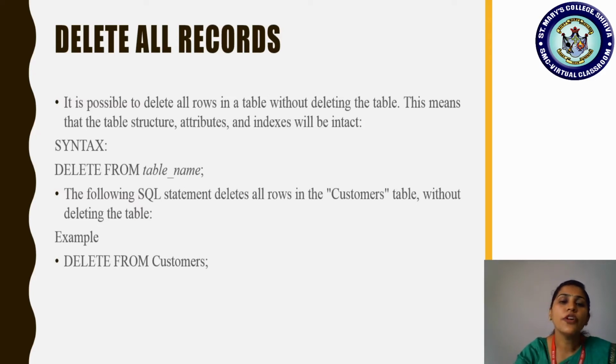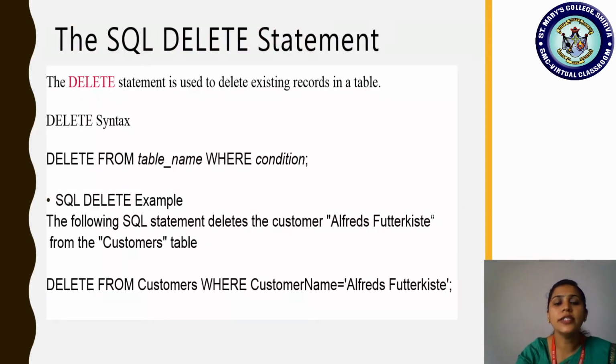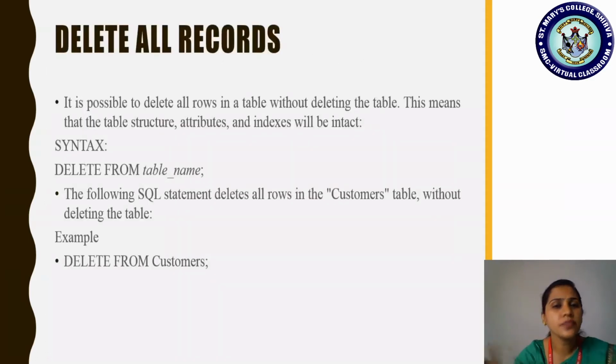Yes. So if you want to remove a particular record, it is delete from customers, where you add a condition, choosing a column or attribute and mentioning for what value you want to remove. So that is what we have done with where customer name equal to Alfred, right? Whereas here you don't want to safeguard any of the values, you want to simply delete all the rows, so simply use delete from customers.